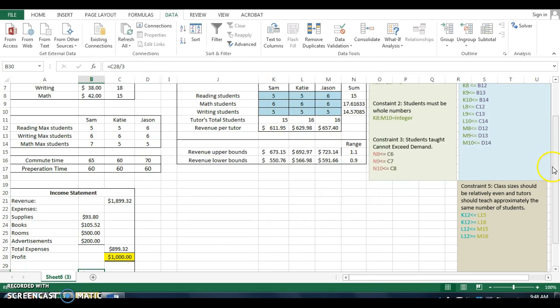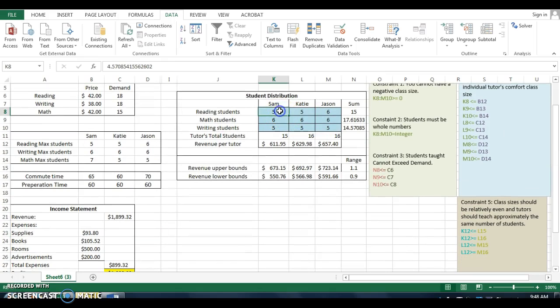Now, the key thing to remember if you do this is that it's not going to give you a necessarily integer answer. So it's rounding. It's telling you about how many students you would need in each class in order to get close to that